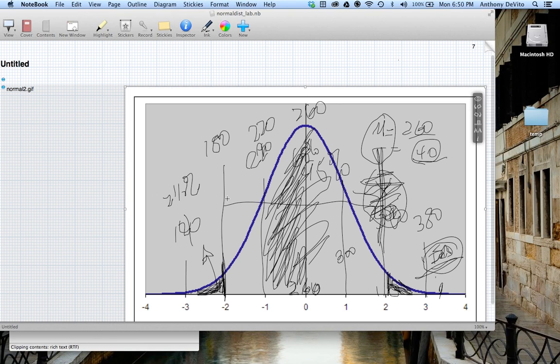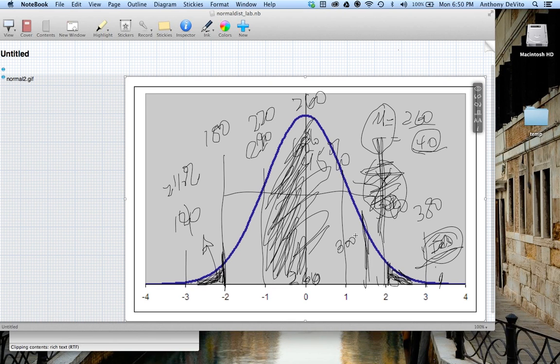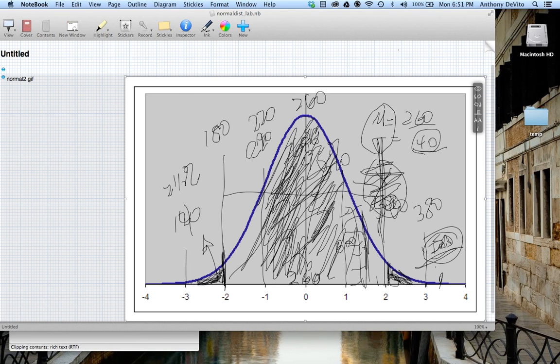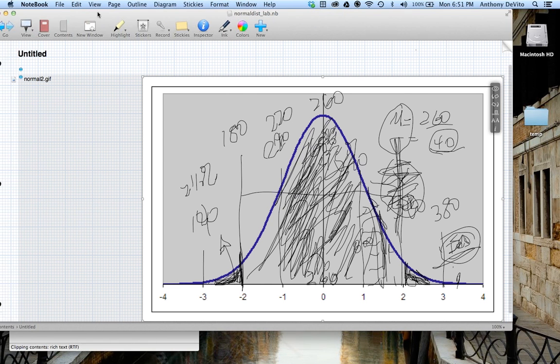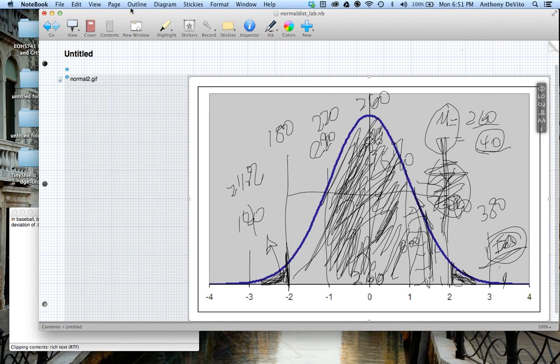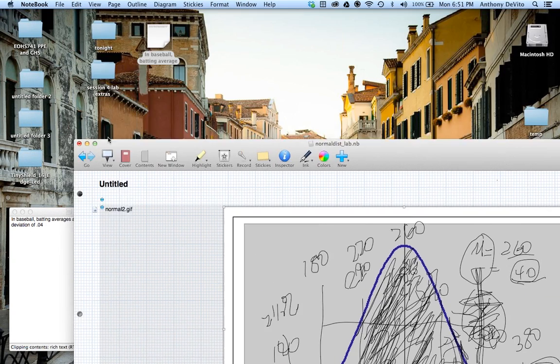If I had told you, what's the probability that you would find somebody that had a batting average higher than 320, right? That would be, well, I know it's going to be 50% plus 34% plus what's in here. We don't know what's in there, right? Because we only know information about it. It's halfway up to 2, but we can see this area is bigger than that area. So it's not like it's linear, right? So we need a mechanism for understanding even more about this curve, that we call the areas under this curve, we call the normal distribution.